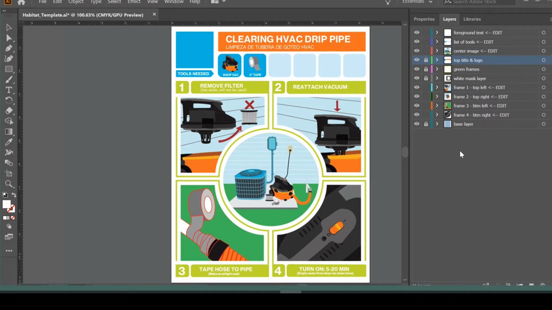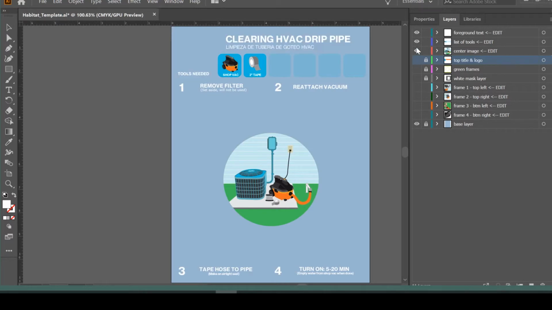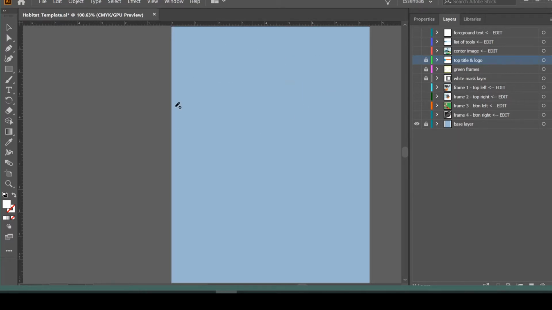This is a complete example from a potential client, and I'm going to show you how we create this in layers so that we can efficiently reuse it in the future. So let's take a look at some techniques. I'm first going to just hide all of the layers and start from the bottom and just show you how this was built. So from the base layer, I start by creating a base